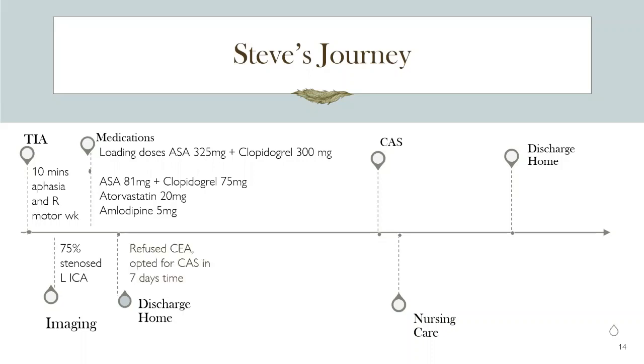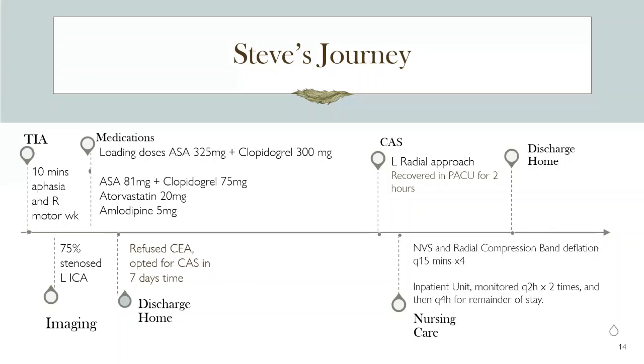He refused an open endarterectomy procedure, didn't want a big neck incision or an extended recovery time because he was still working, and opted to have a stent placed 7 days later. So he had an endovascularly placed carotid artery stent, radial approach, and the nursing care